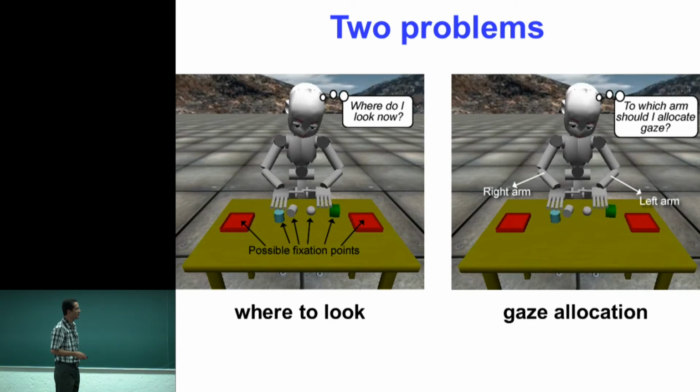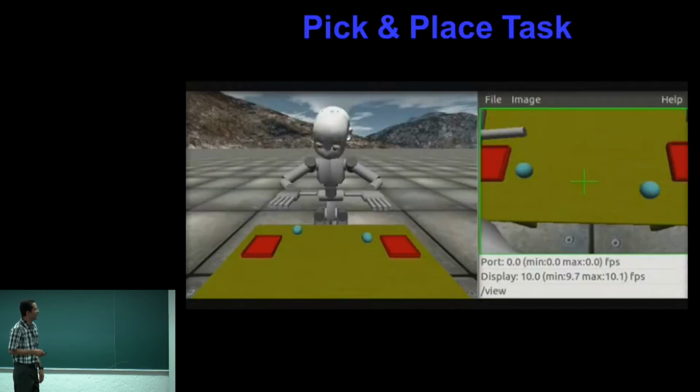And the other problem that we saw when we use a humanoid robot is that you actually need to allocate gaze to one of the, in this case, to one of the arms. Because sometimes when you move the head, as we saw in the previous talk, the field of view changes and we lose information, or we don't see things that are on the other side. So if we are working with one arm, then probably we want to allocate the gaze to this arm, and then when we switch to the other arm, we want to allocate the gaze to the other arm. Okay? So these are two problems. So I'm going to show you a small video about.